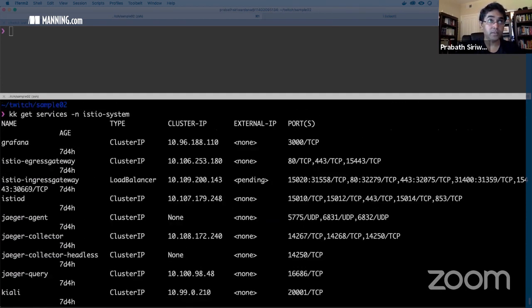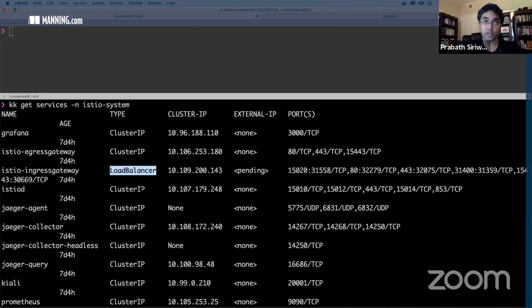So now you will see the Istio Ingress Gateway, right? And this is defined as a load balancer, but since I don't have an external load balancer, I need to access this through a node port IP. Basically, I need to find the IP address of the node which runs this gateway. It runs on all the nodes.